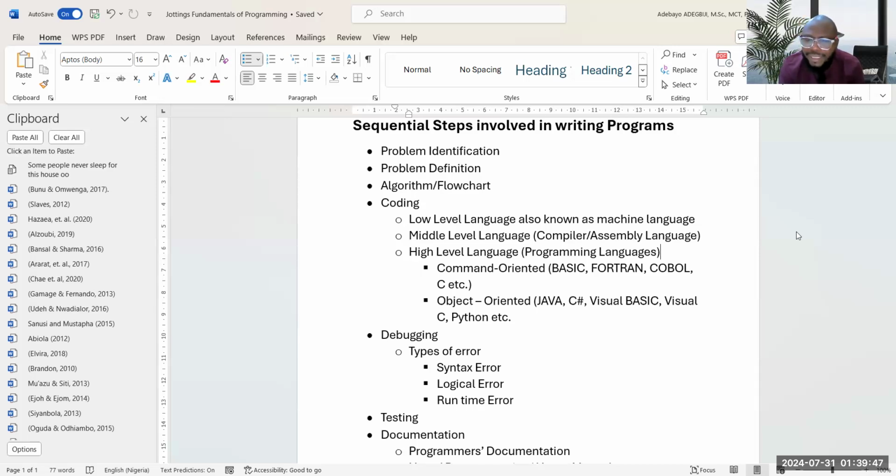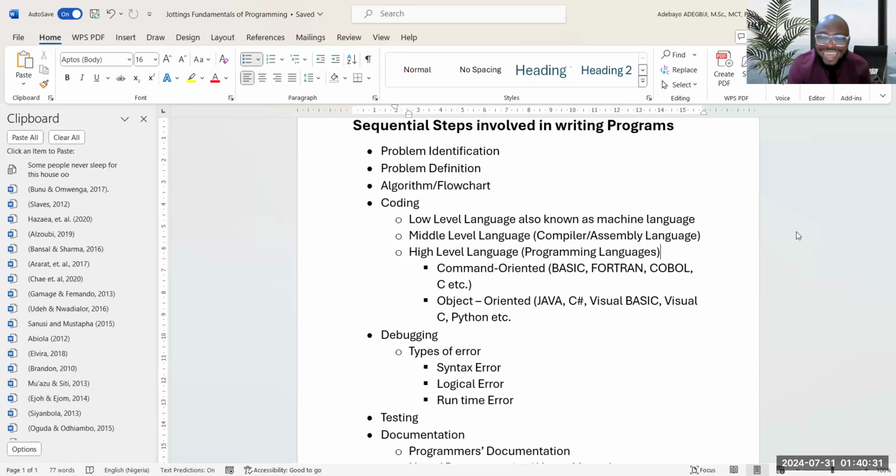We have intermediaries, and that is middle level language. We have compilers. In those days, when you wanted to install a programming language on a computer, it is the compiler you would install. The compiler then serves as an intermediary that takes your instruction in the language of that programming language, translates it to the computer in zeros and ones, and takes your feedback back and follows the same mechanism through. And we also have assemblers that help us to interpret assembly language to the computer.